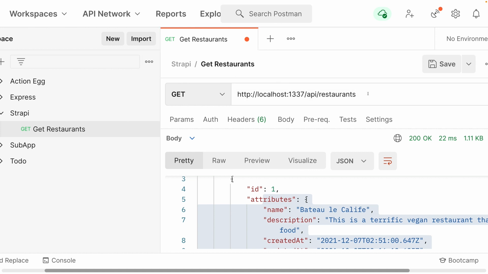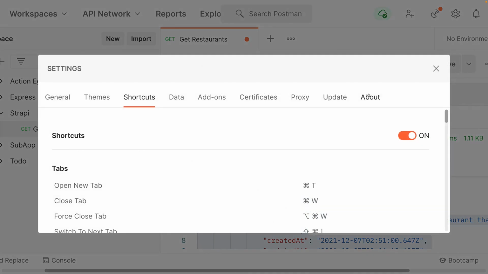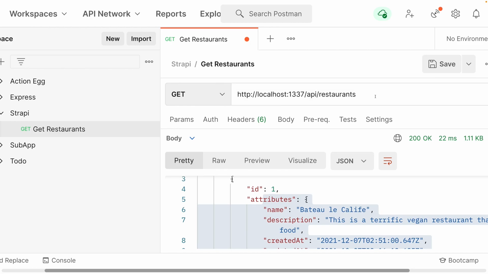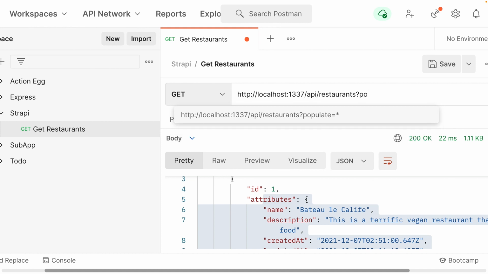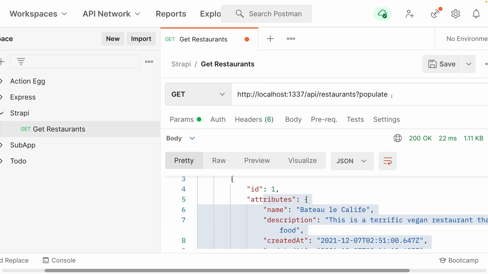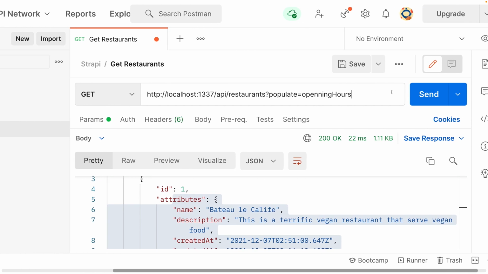Query params are specified by adding the question mark after the route. So we're going to do shift question mark. And then in here, we're going to say populate, and we're going to specify exactly what we want to populate. So do we want to populate the opening hours? Well, if we want to populate the opening hours, we would just say populate, and then we can say opening hours. So if we were to execute this now,